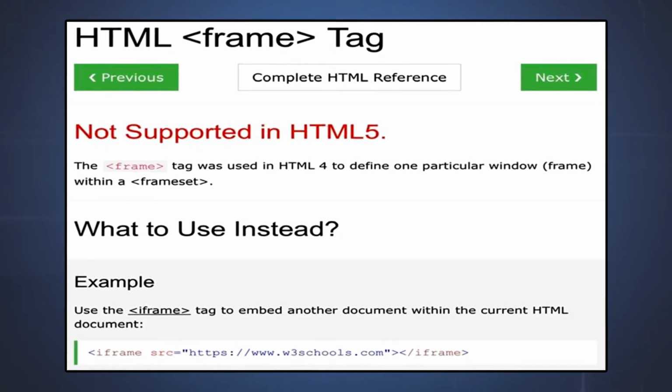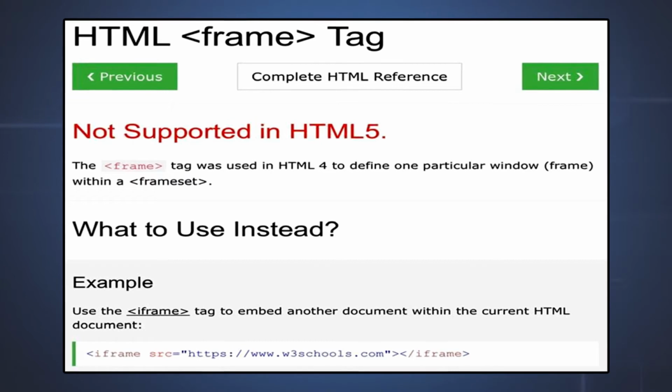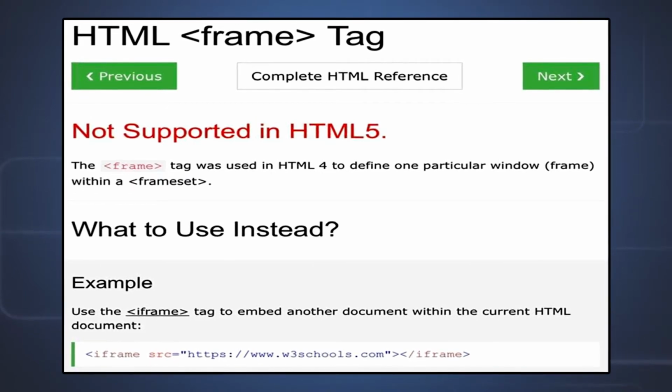So you have the opening iframe tag, closing iframe tag, in between we give the URL and we name the URL as the source. So whatever is being pointed by the URL, that becomes a part of the current HTML document. So in case you are using HTML5, use iframe but not frame tag.